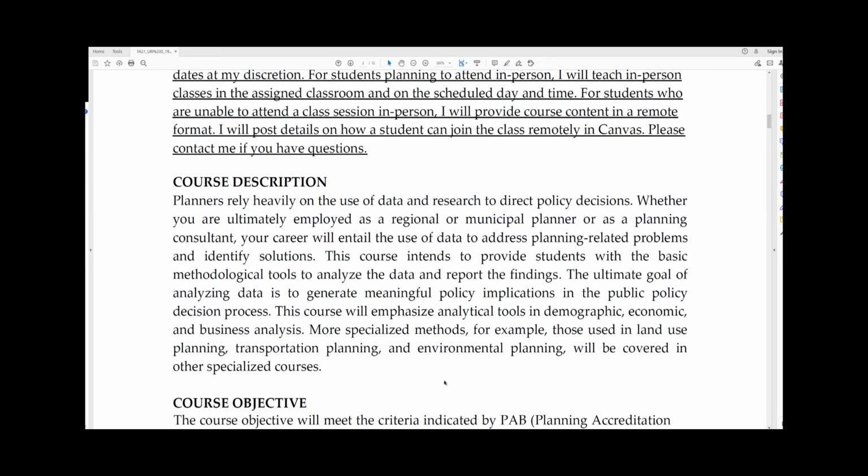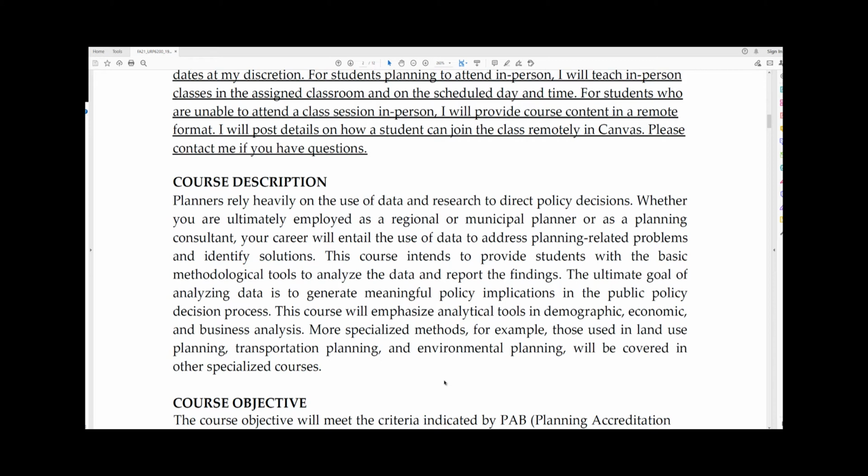So this course is about data collection and data analysis, but we really don't collect data ourselves. We mostly use secondary data sources. When you collect data yourself, it's called primary data. But when you use data sources from other places, those data are called secondary data sources. So for this class, we are not going to collect primary data, and we're going to use the secondary data and just use their